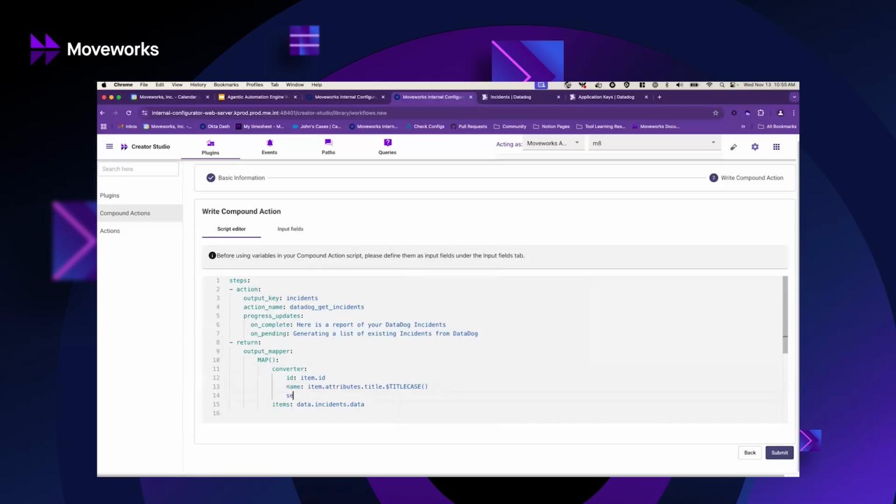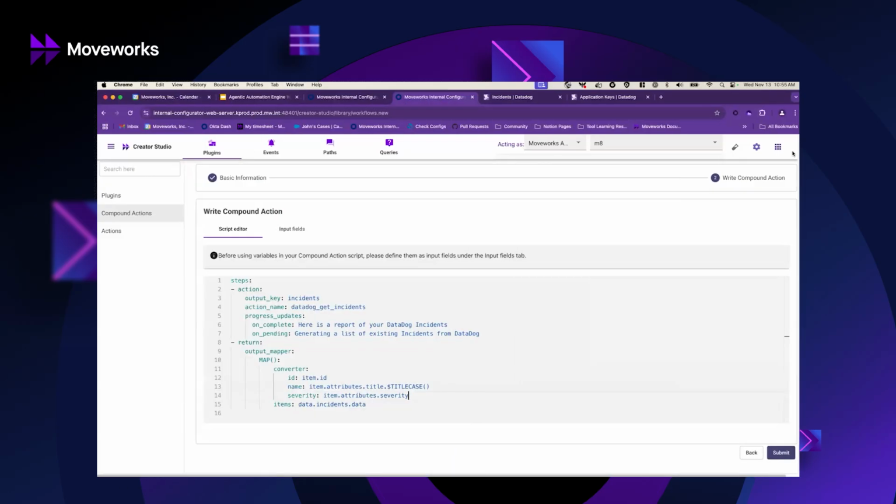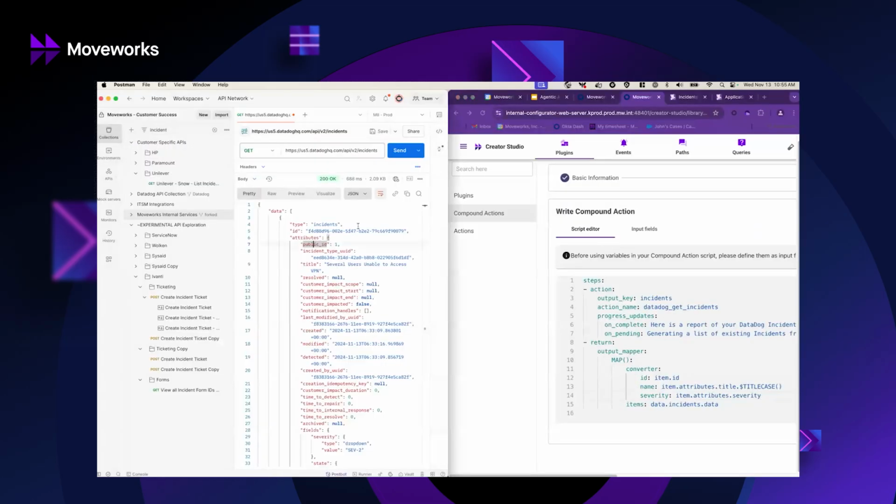And then I could also add additional fields in here as well. So if I want to include the severity, I could do item.attributes.severity. So what this will do, pulling up Postman again, this logic is going to go into each of these objects, and it's going to pull out the key that I'm dot walking into. So for this object, I'm going to grab this ID, and then I'm going to grab